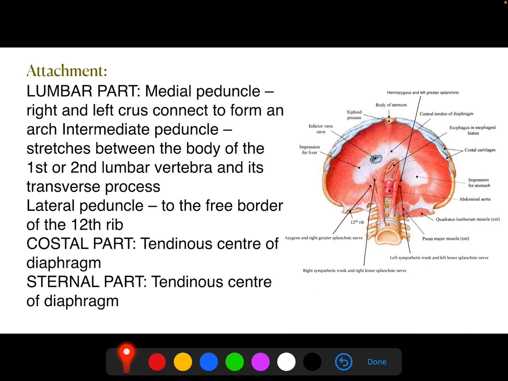The medial arcuate ligament begins from the lateral surface of the L1 vertebra and attaches to the transverse process of the L2 vertebra. This ligament is stretched over the psoas major muscle. The lateral arcuate ligament stretches between the apex of the L1 vertebra and the 12th rib. It is situated in front of the quadratus lumborum muscle.